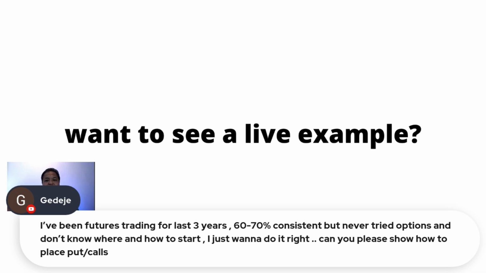But I go through and I show, if you're just starting out, here's how I would do a covered call or a cash secured put. Here's how to do a wheel strategy. And I start with the basics. I cover the mechanics of the strategy, and then I try to back it up with a real life example, and I'll show actual transaction records from my account history, so you can see the profits and losses.